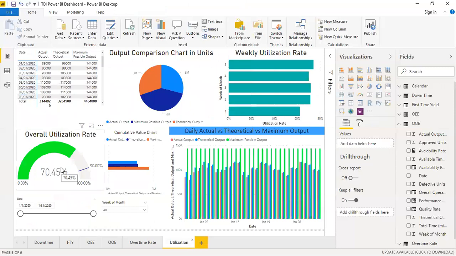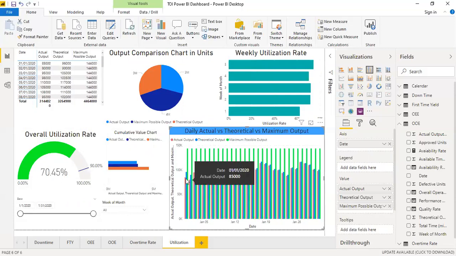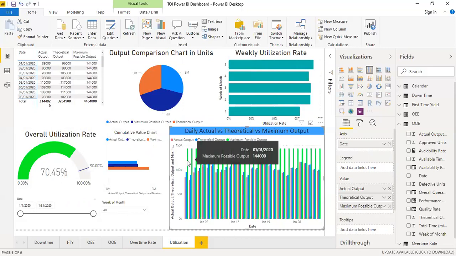ओवरऑल आपकी प्लांट यूटिलाइजेशन बता रहा है कि आप डिज़ाइन कैपेसिटी के अगेंस्ट कितना ज़्यादा प्रोडक्शन कर रहे हैं और आपका प्लांट कितनी यील्ड निकाल रहा है। तो दिस इज लाइक कंपैरिजन कि आप डेली एक्चुअल क्या थी, थ्योरेटिकल क्या थी और मैक्सिमम क्या थी। तो एक्चुअल आपका सबसे कम आउटपुट, देन उसके ऊपर आपका थ्योरेटिकल आउटपुट है जो ब्रेक टाइम, चेंज ओवर के टाइम, मशीन क्लीनिंग का टाइम हटा के है, देन ये आपके ऑर्गेनाइजेशन टाइम पे मैक्सिमम आउटपुट है, आपको 9 आवर्स में कितना होना चाहिए था, ये इससे आपका कंपैरिजन है।